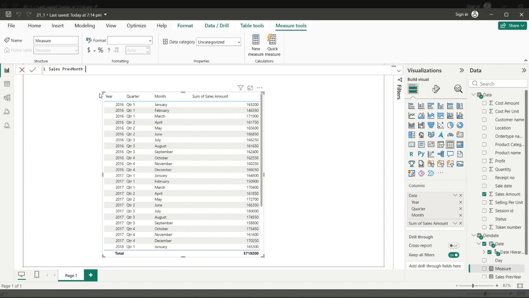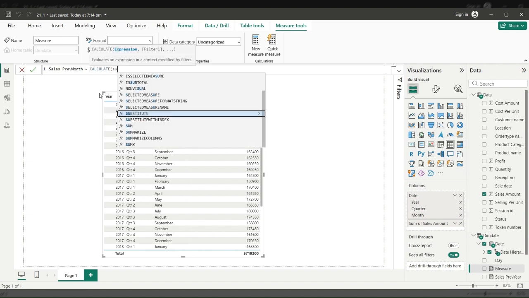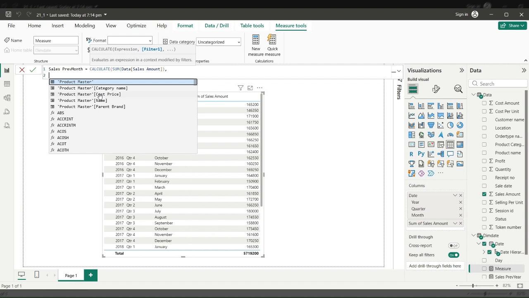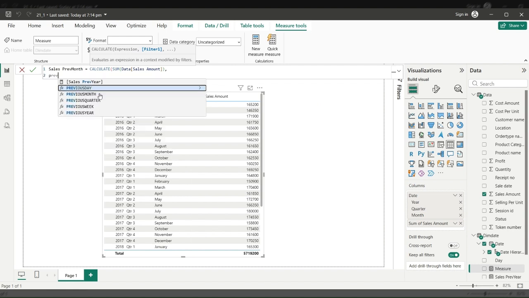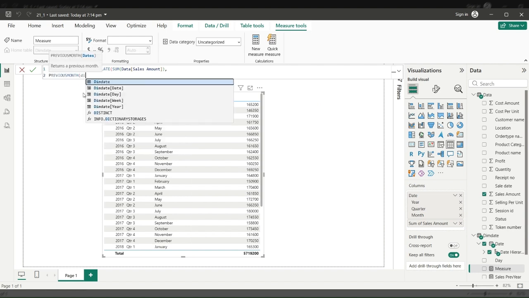And we'll give it a formula of CALCULATE, SUM of sales amount, close this bracket, alt enter. If we just type the first four letters of previous, it is going to give us previous day, month, quarter, week, as well as the year. So first we'll see about the month, and once we select that, then the date dot date,